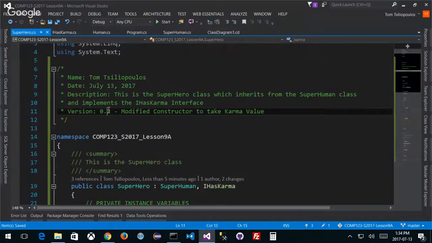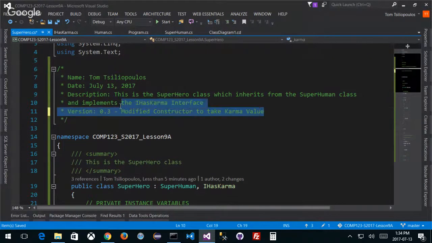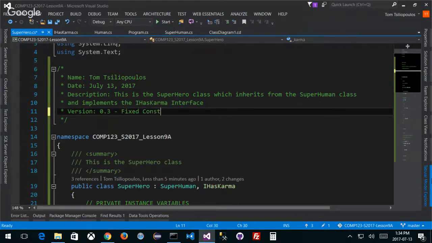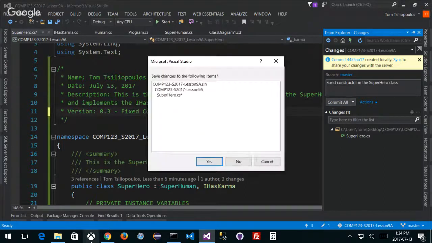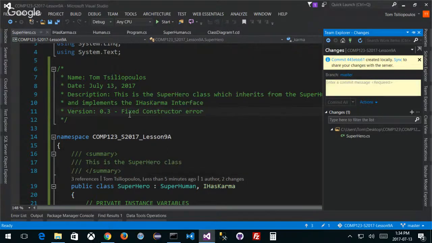And that was in this superhero, right? So I'm going to modify it. I say I fixed the problem that I had. So fix constructor error issue. Right, and then I'm going to go into my Team Explorer and I'm going to say fixed constructor in the superhero class, right? And I commit all, yay, yes,